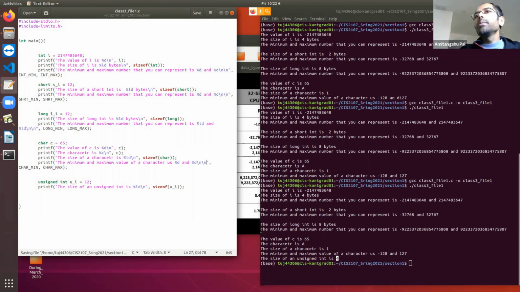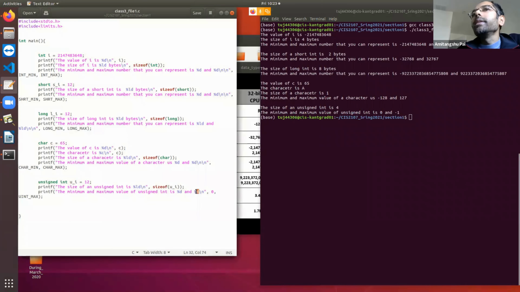And the reason is the same. I have used %d, and %d is a placeholder for an int. As I am only representing the positive side, the maximum number is going beyond the range of an int. So corresponding to the unsigned int, the placeholder is %u. %u means unsigned.